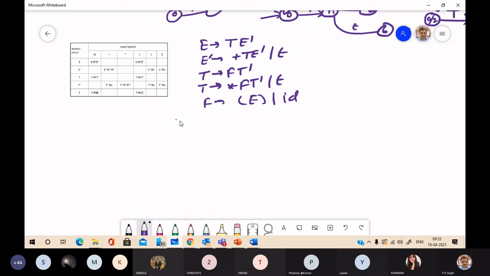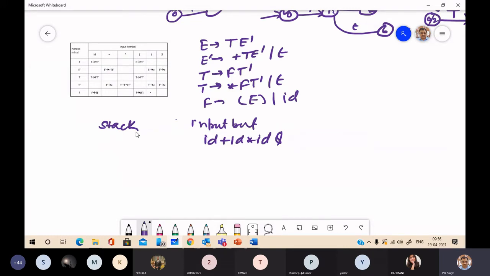First we have this table, the stack and the input buffer. Initially, suppose the string to be parsed is this, followed by dollar, and on the stack we have the start symbol, because in top-down parsing we have to start from the start symbol and try to generate this string.